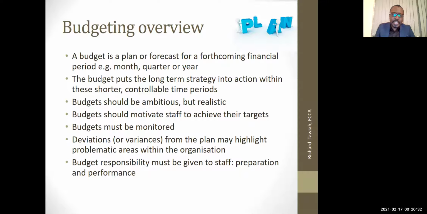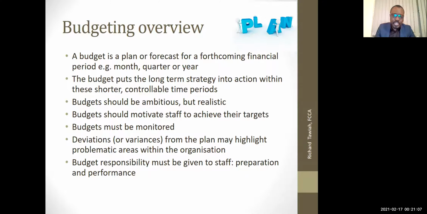So the question is, what's the budget? A budget is typically a numerical representation of action plans by an organization. So we have the action plans in the organization, we just convert them into figures, into numbers, okay? So we are looking at putting the long-term perspectives of the organization within shorter controllable time limits. It doesn't make too much sense for you to prepare a budget exceeding 5 years. It doesn't help. You want to put them within short or medium time frames which you can manage,